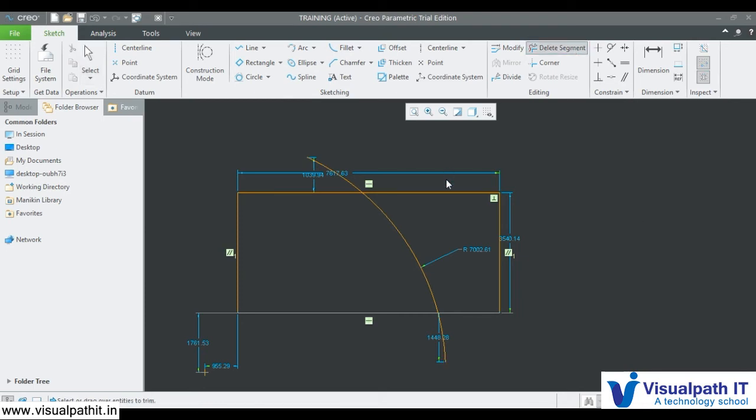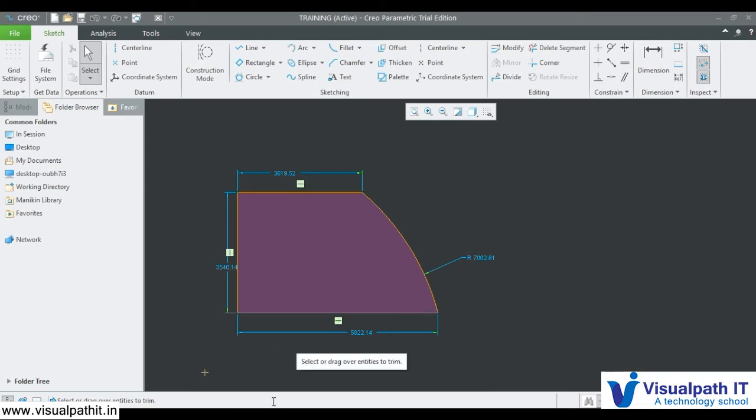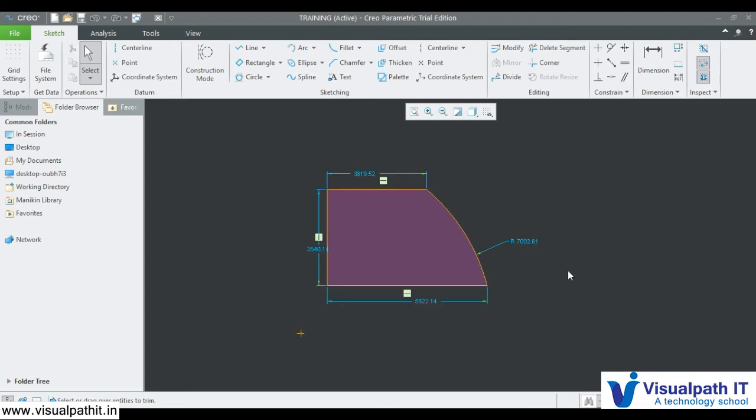So what I'll do, I'll go for delete segment. This delete segment is nothing but an option that will delete all the unnecessary parts. If we delete that, there's a hole, this will go because this curve is given from there. So this is how I trimmed it.